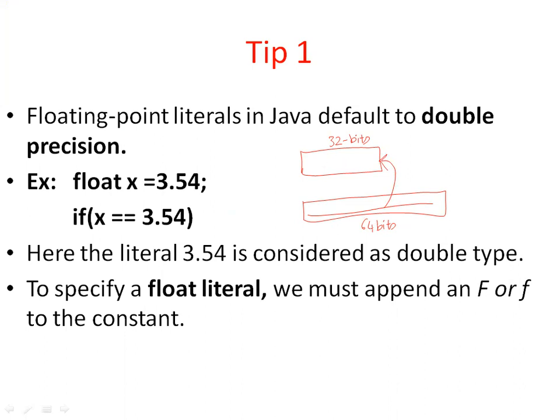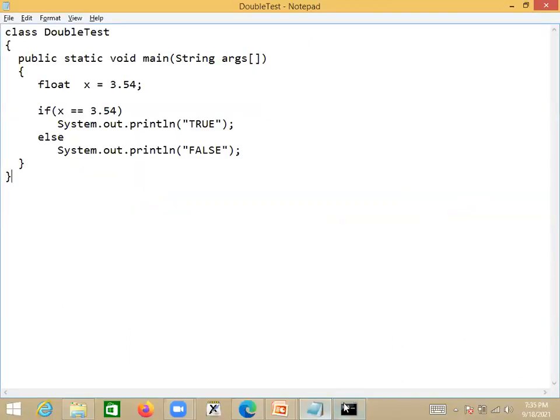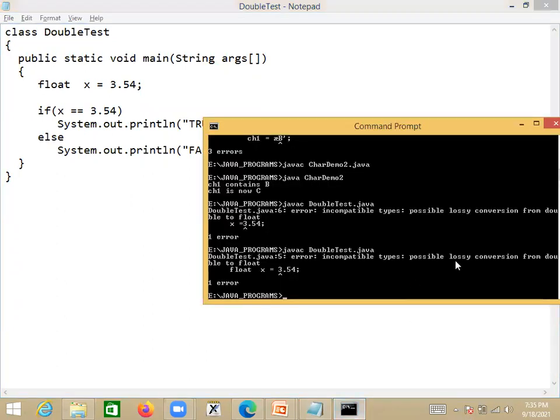So what happens here? Only 32 bits of data will come here, but the remaining 32 bits are gone. That's why, if you see the error message, it says possible lossy conversion from double to float.